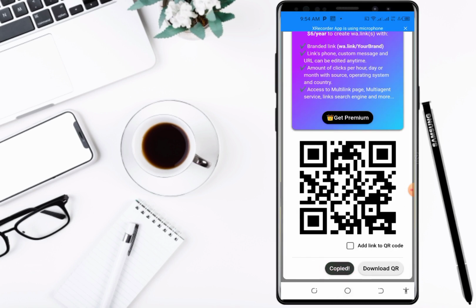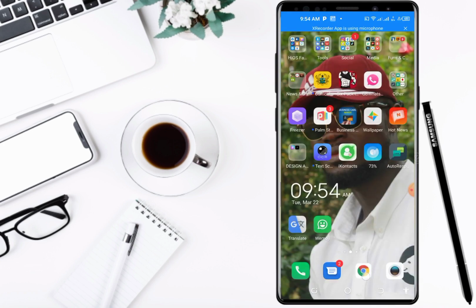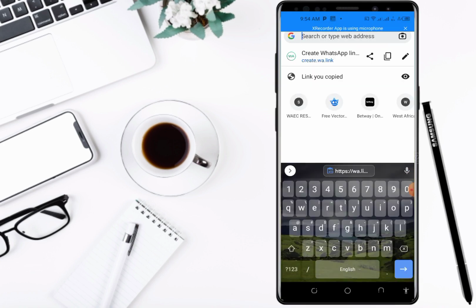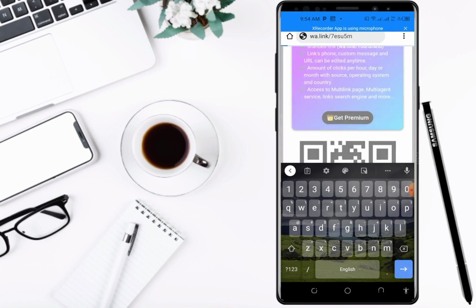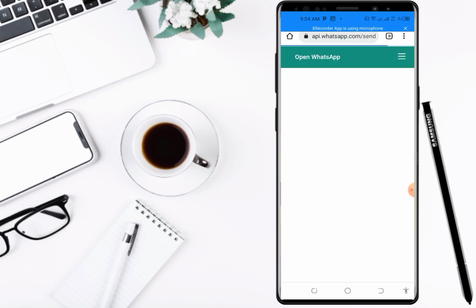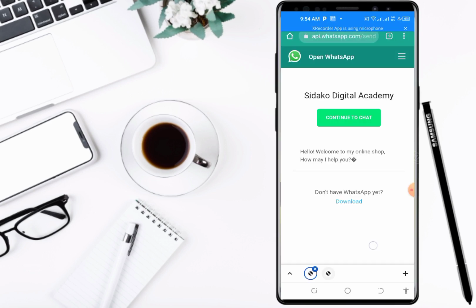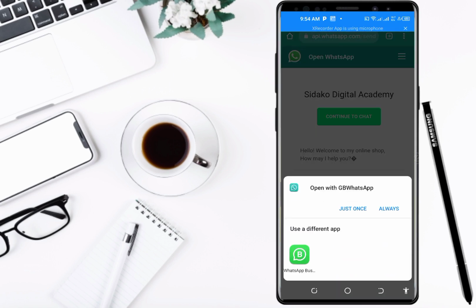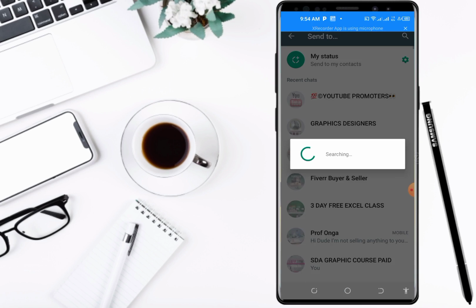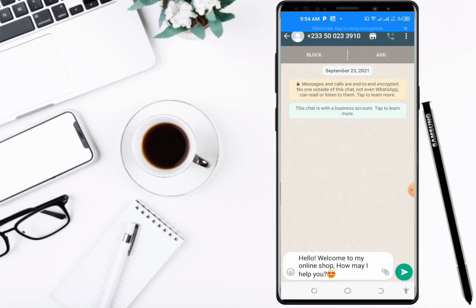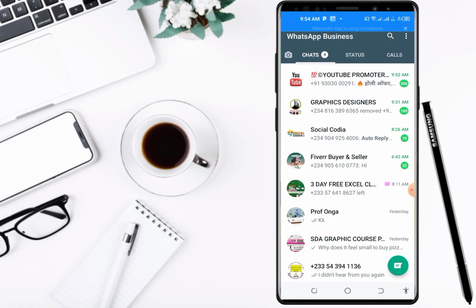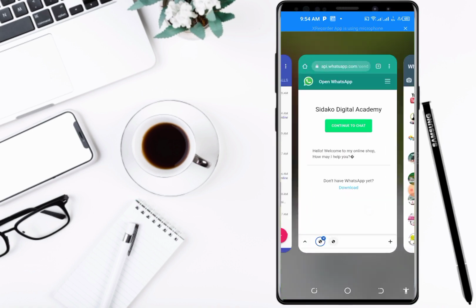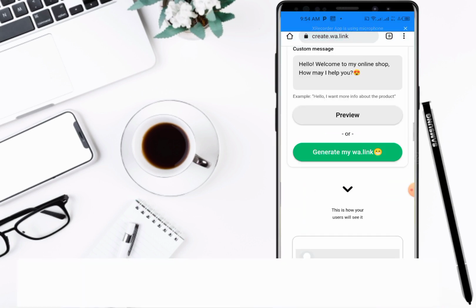Now if I put the link in a browser like this, it will take me to the WhatsApp, which is Sidako Digital Academy, and then it says continue to chat. So if I click on it, it will take me to my DM and then it says hello, welcome to my online shop, how may I help you? But there's something that we want to also do apart from this. We want to customize the link so that we wouldn't have